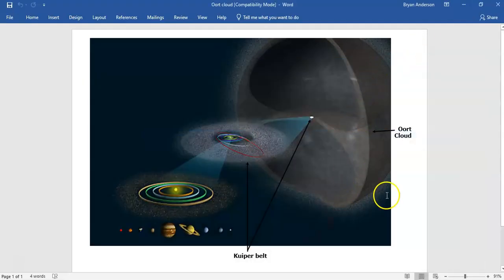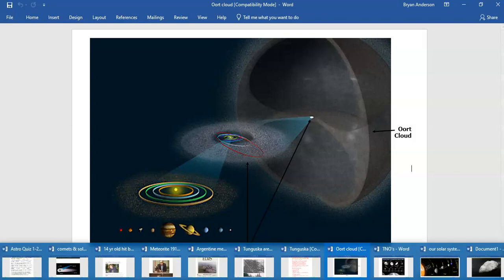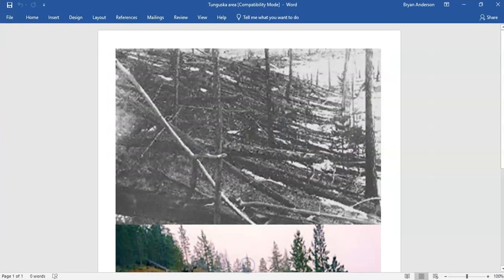There is actually evidence that comets have been an issue. You say, well, wouldn't they all burn up as they enter the atmosphere? Well, yeah, maybe, unless they're large enough. There's an area in Russia called Tunguska, it's actually in Siberia, and in, I believe it was 1908, it's believed